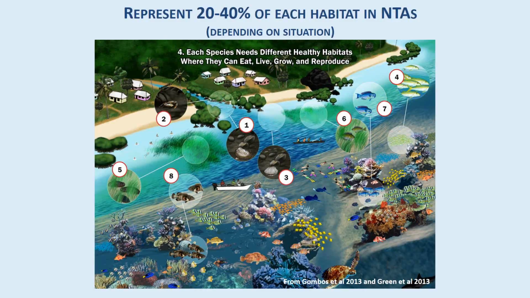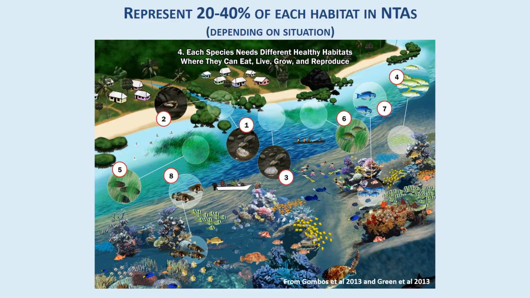But how much do you need where you live? Well, that depends entirely on your situation. It depends on how much fishing pressure there is and whether there's other good fisheries management in place outside your no-take areas. For example, if you're in a place where there's really heavy fishing pressure and there's not good fishing management outside, then you should aim for a higher percentage, maybe 30%, because that's the only place that you're going to have healthy populations of spawning adults to support your fisheries.